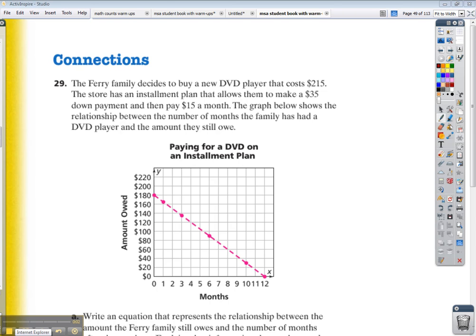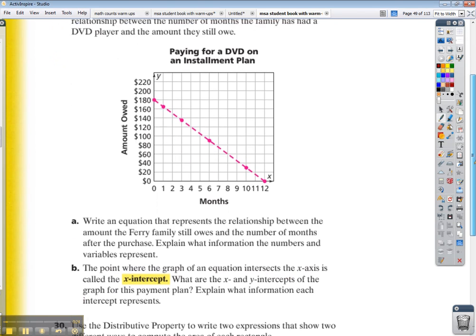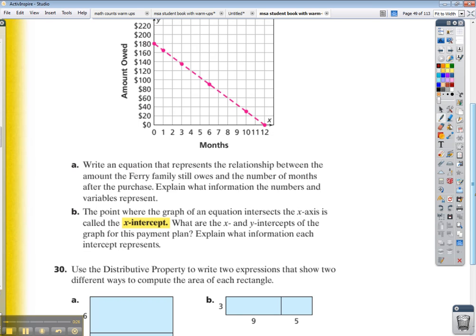The Ferry family decides to buy a new DVD player that costs $215, and the store has an installment plan that allows them to pay $35 down payment and then pay $15 a month. The graph shows the relationship between the number of months the family has had the DVD player and the amount they will still owe. Write an equation that represents the relationship between the amount the Ferry family still owes and the number of months